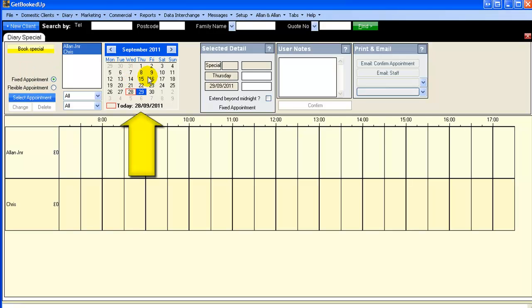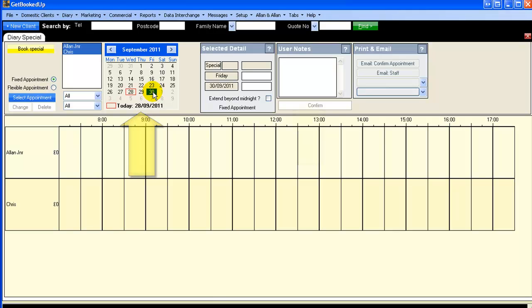We can choose from the calendar here, so we can just click Friday the 30th for when the appointment's going to be and the van's going in. And then in the user notes here, we just type what this appointment's for. So I'm going to put in here van service,